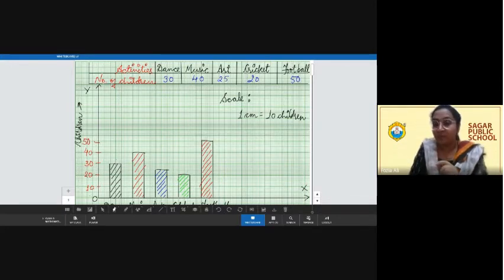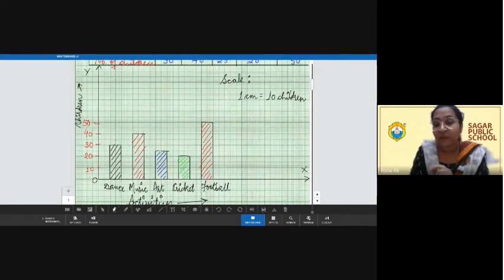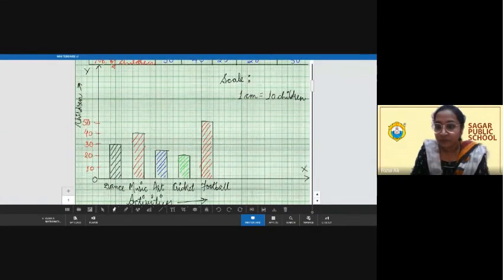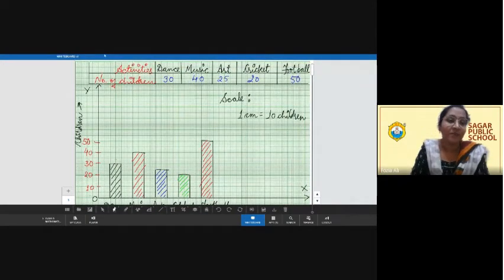And always label the bar graph. After making it, you have to label it the way I've done, showing what the axes and bars represent, because without labeling it will be very unclear, we will only have rectangular bars in front of us and cannot depict anything. So labeling is a very important part. Then comes another important aspect, the scale. You need to specify how many centimeters represent how many children. Here we have taken a gap of 10, so 1 centimeter is shown by 10 children. And this completes the construction of bar graphs. Is it clear to all?